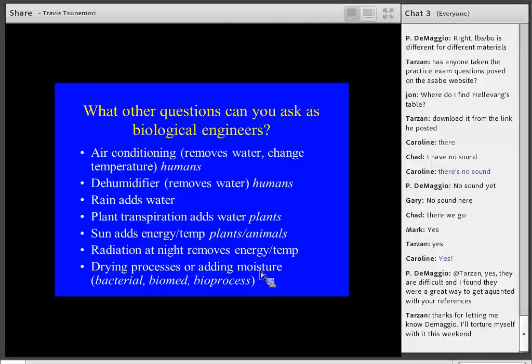And again, could be for humans, could be for storage. You want to keep a certain environment dry enough that it's not too humid, not too wet. Rain would be something that can add water. Plant transpiration, that could be something inside a greenhouse that can add water. And so maybe you are watering with a spray or a mist or something like that, but once that water has been added, the plants themselves can push water into the air, especially in the daytime,